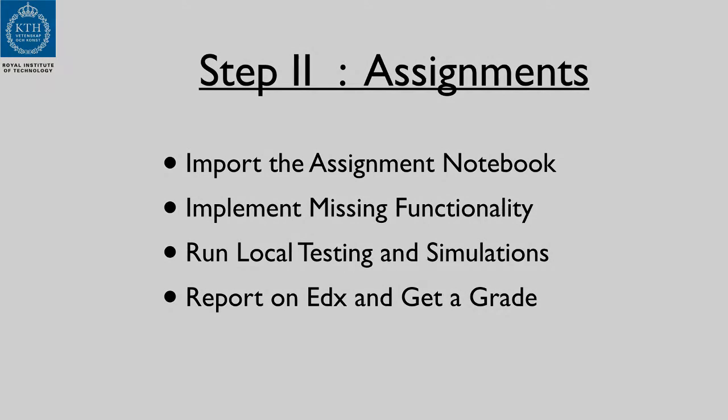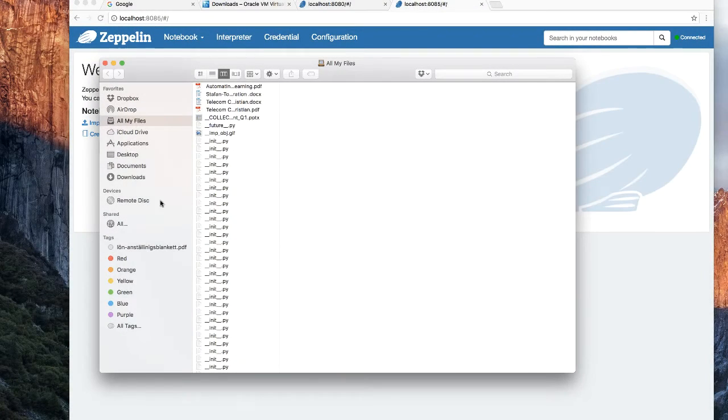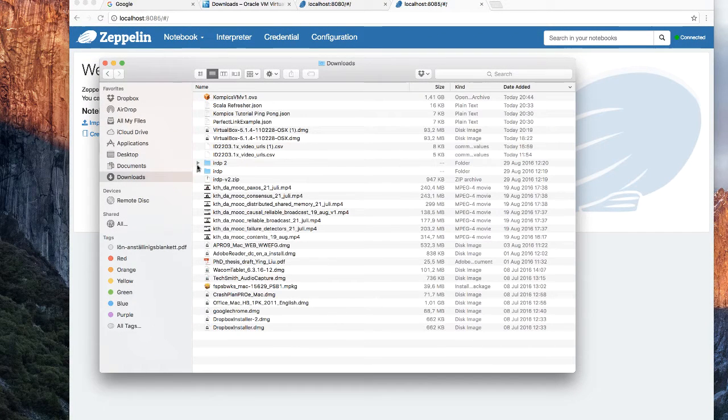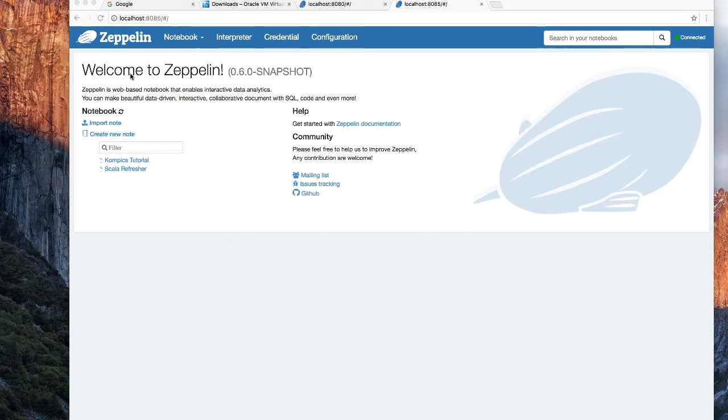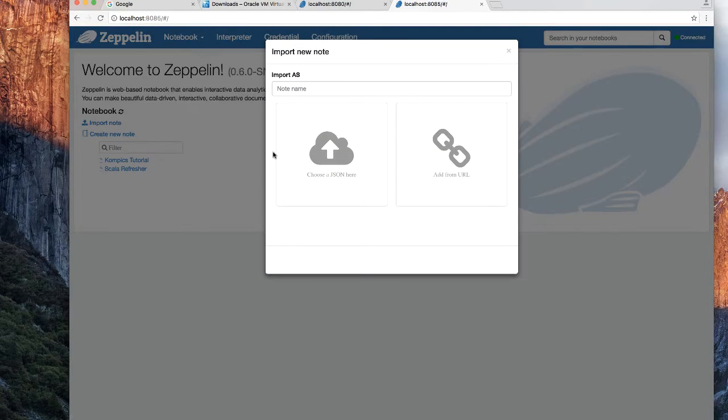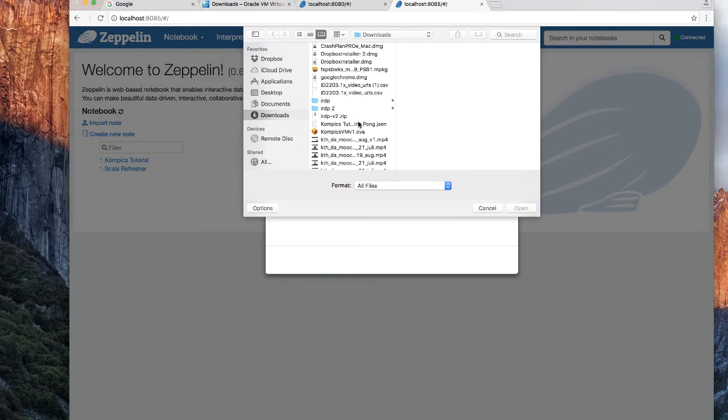So let's see those in action. So here I have downloaded an example notebook that resembles a lot the notebooks you will work on the assignments. In this case, it's a perfect link example. So I have to implement basically a perfect link using Compix. First of all, when you get a new notebook, you have to import the notebook. So you just click here, import note, JSON, and then